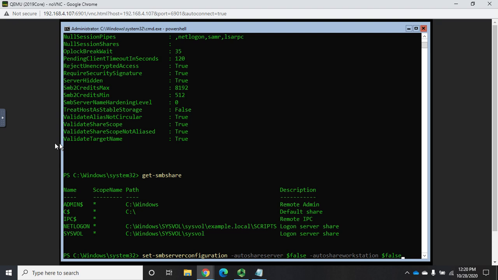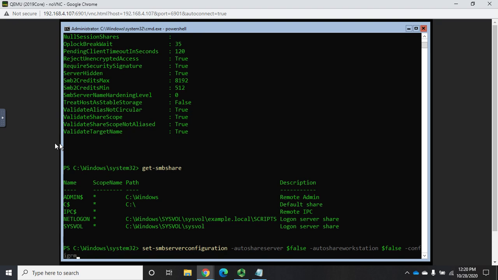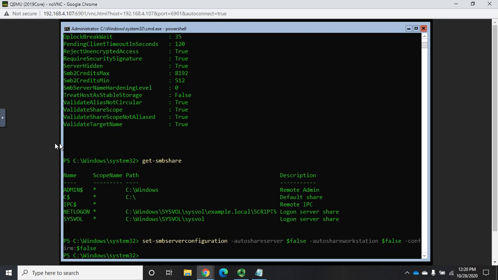Now again, this is going to prompt me and say, are you sure you want to do that? Now if I'm doing this in a script, I might not want that. So what I do is I turn off the confirmation. And the way we do that is by dash confirm colon $false. Now, you have to use that confirm to set whether it's true or false. But if I do that, it no longer asks me for confirmation. Just remember, for the properties that we're setting the value for, we don't have to use a colon, but for the confirmation we do. So I'm going to do another get smb server configuration